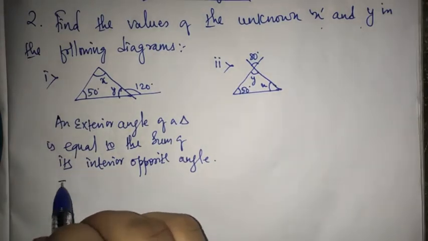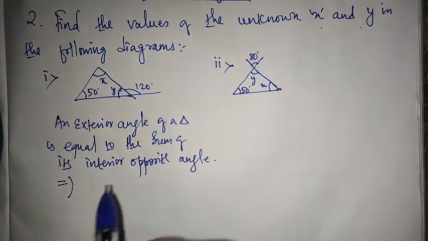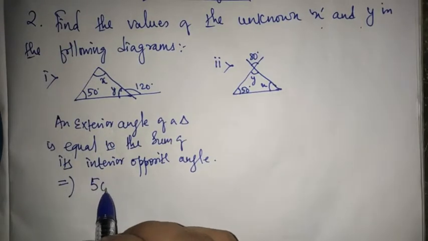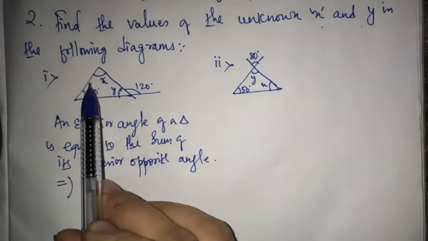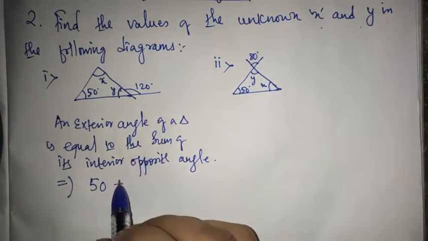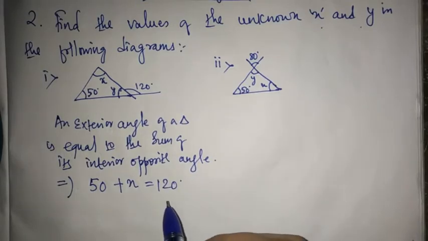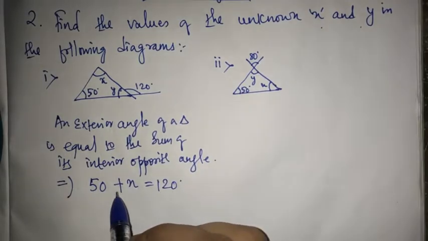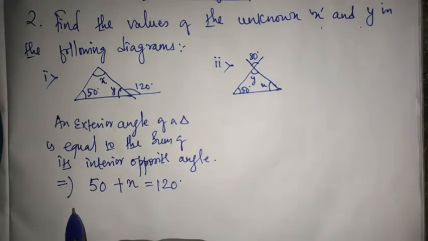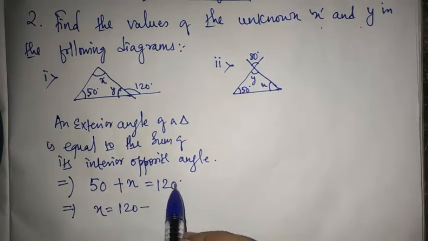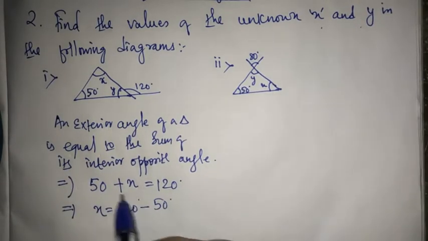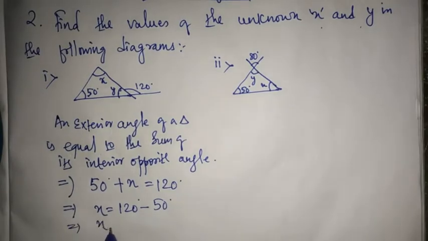So if this is the definition, or if this is the formula, then what are the values I should use here? 50 is one of the values which is given, and the opposite of 50 is x here. So I'm going to find the value of x here. Okay, so the exterior angle is equal to 120 degree. Yes, exterior angle is equal to the sum of its interior opposite angles. Alright, so if you have to find the value of x, 120, this will come here and minus 50 will become, right? So your x value will be 70 degree. Okay, so you got your x value, that is 70.